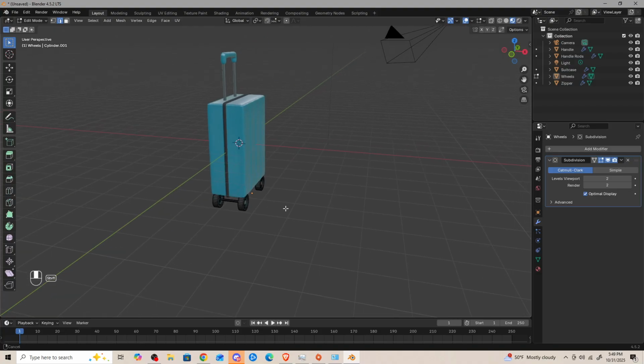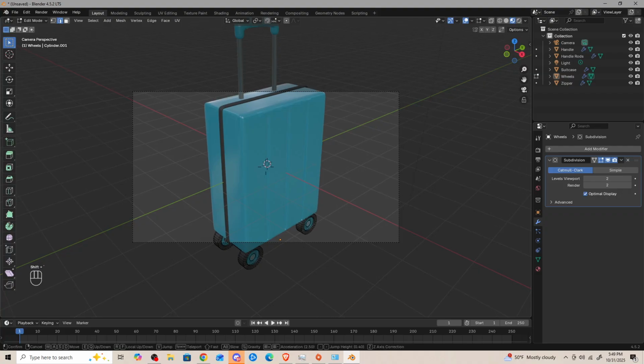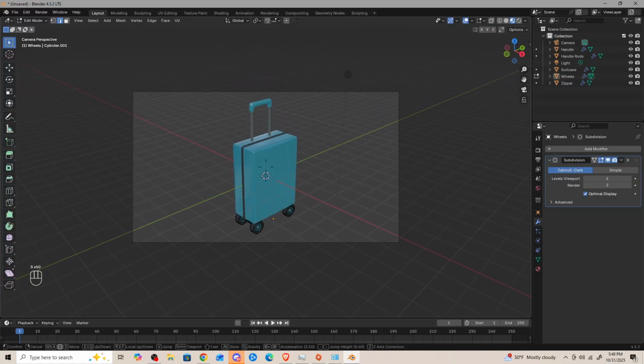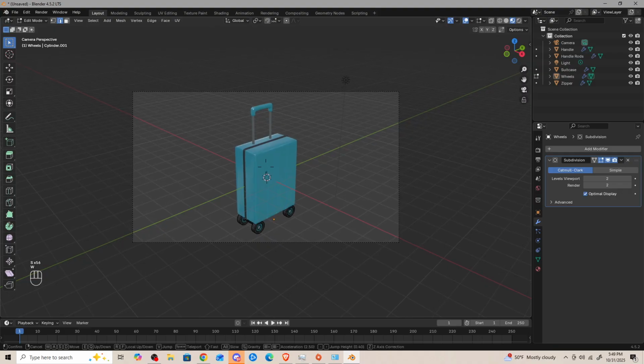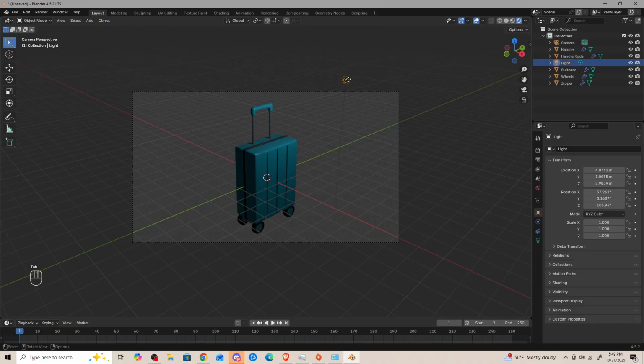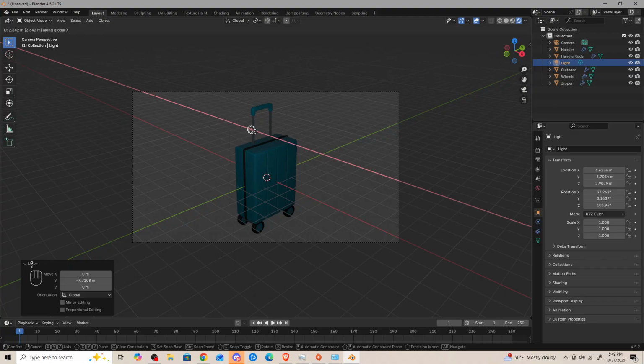Let's create a good render. So right now if we hit 0, we're kind of looking at it from this angle. Let's zoom out. So hit Shift tilde, and we'll just hold S to kind of move back. We have our general suitcase right here. Let's make sure it's well lit, so we're going to go into rendered mode. We can select our light source, or go into object mode, select our light source, and let's move it along the y-axis, along the x-axis,